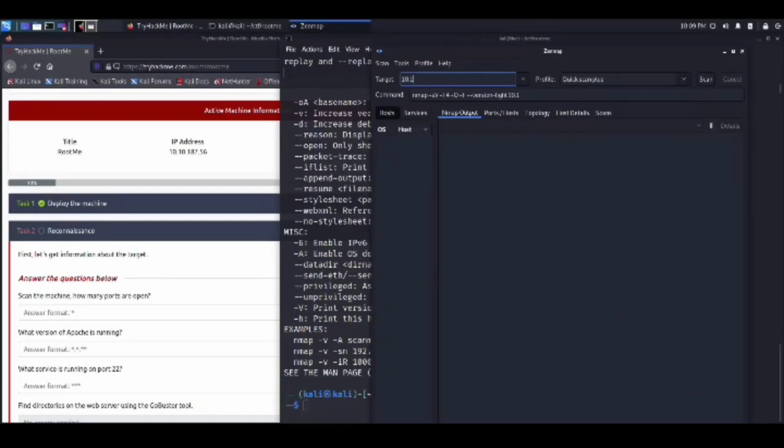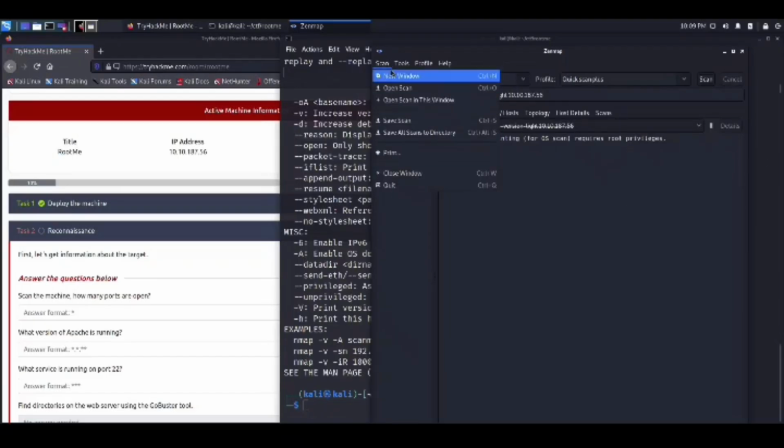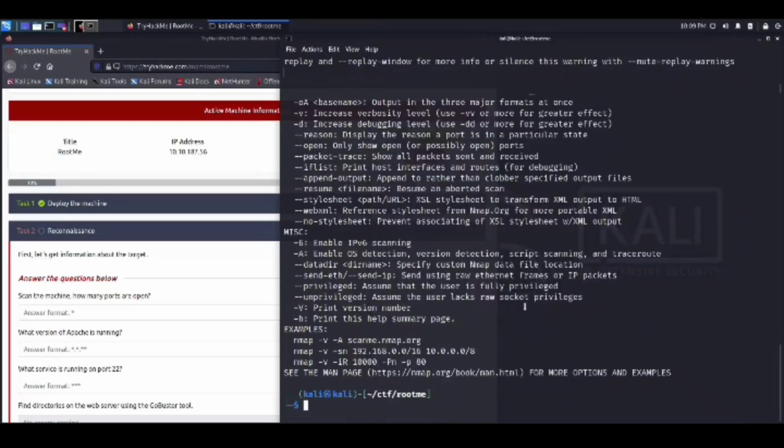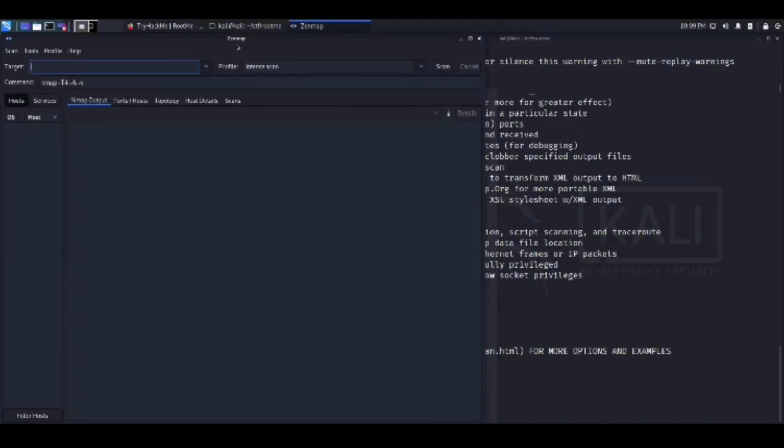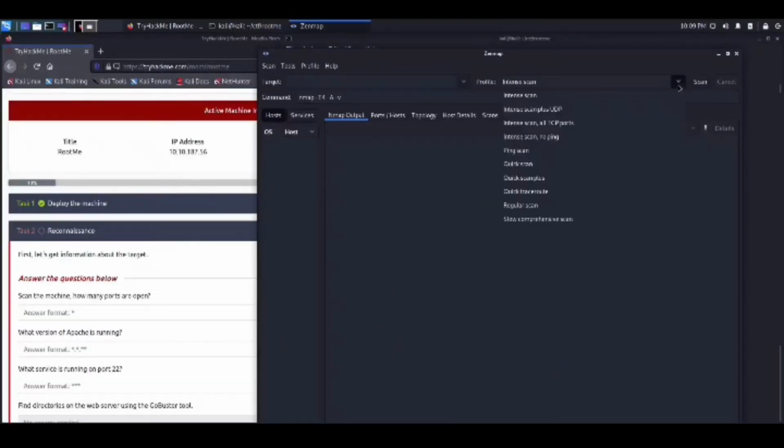And now I'll give it the target, which is 10.10.187.56. And we can click on scan. Oh, it says that we need root privileges. So let me just start it again with root privileges. So I'll type sudo zenmap and press enter and give it the password. And now we have ZenMap with root privileges. So the same thing, quick scan plus, and the target is